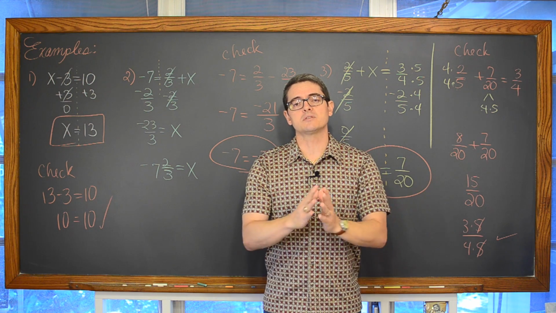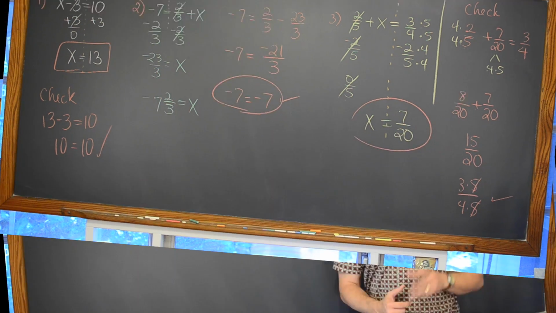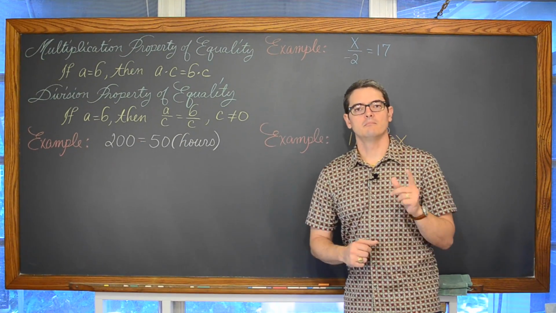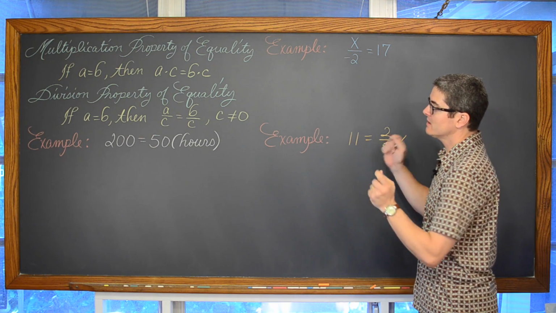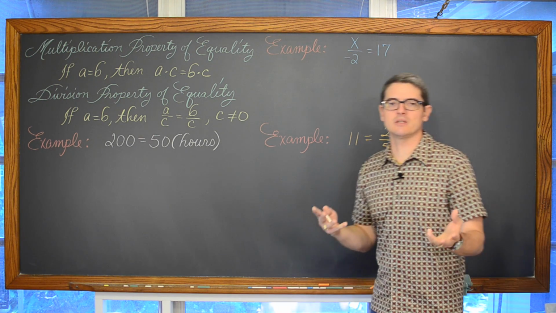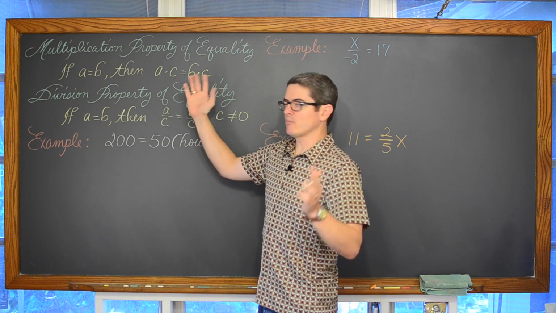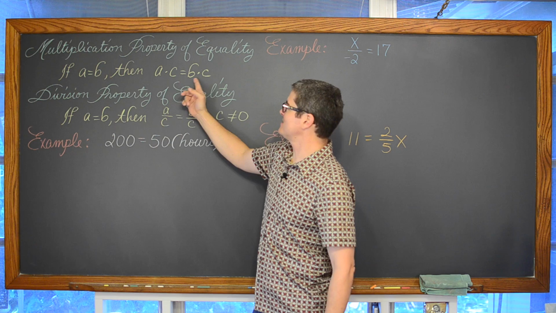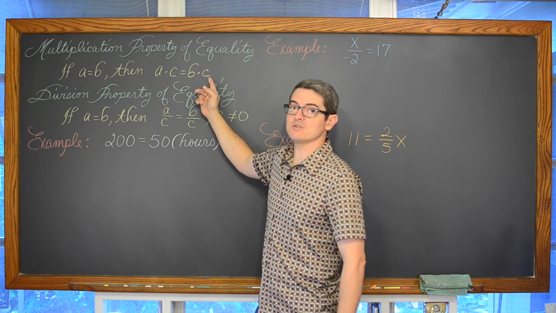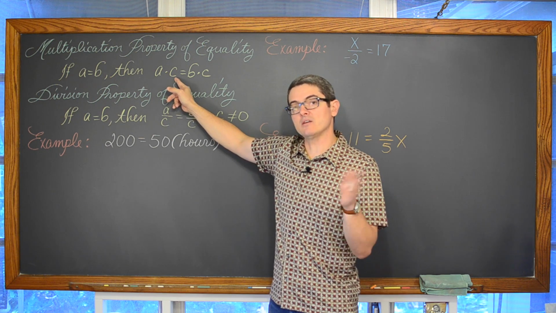Now let's deal with one-step equations that involve multiplication and division. My last 4 examples are going to be dealing with the multiplication property of equality and the division property of equality. So I guess instead of doing 6 examples, I'm doing 7. If A is equal to B for any real numbers A, B, and C, then A times C is equal to B times C. So you can multiply the same value to each side of the equation.